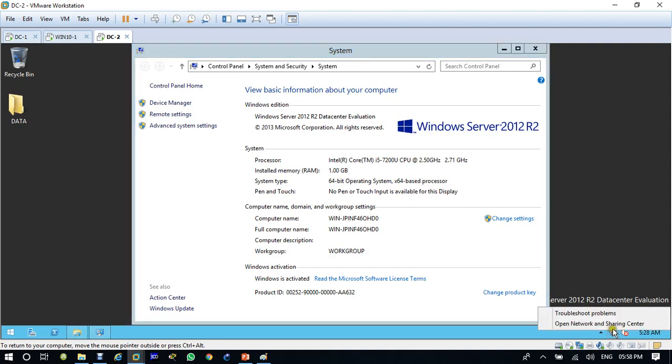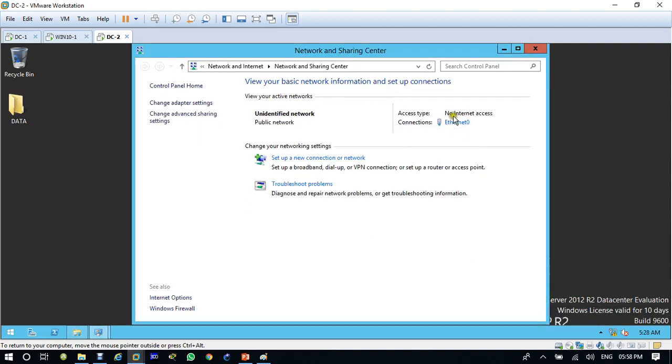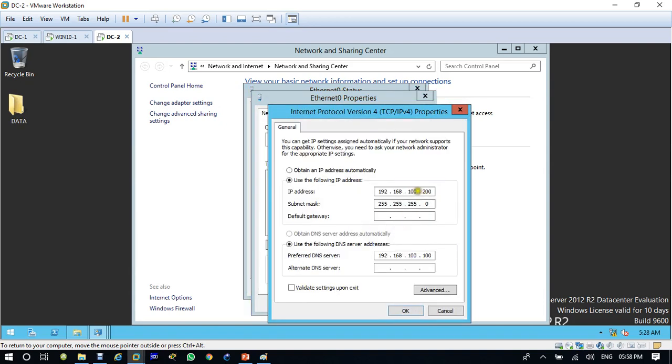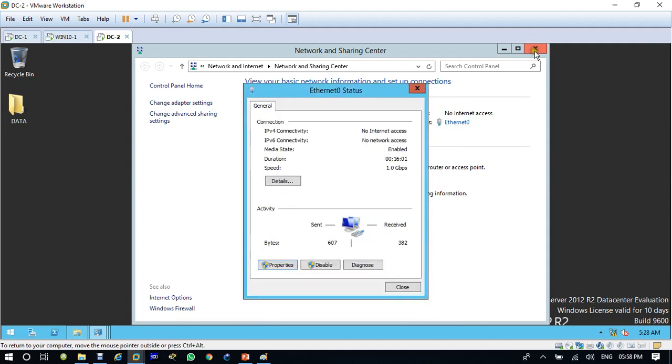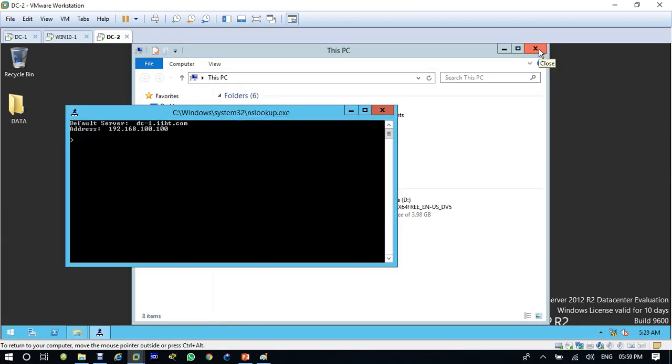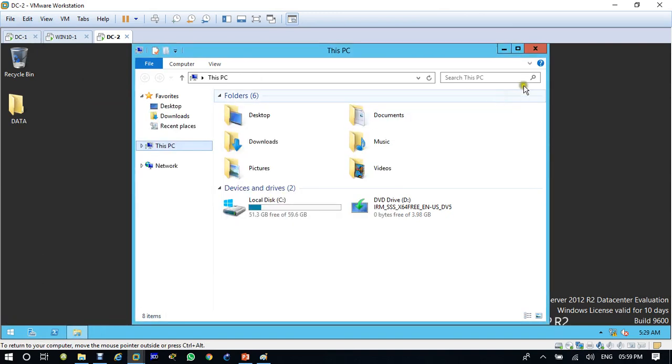See, this is very important. Let me configure again to show you here. 100.100 is my DC address. So this is 100.200, and 100.100 is my DNS, which is DC1. So you have to add it like this. Before adding this machine to the domain, you have to run nslookup. When you see that nslookup shows DC1 ist.com, the IP of DC1 and the name of DC1, it means your DNS is connecting properly to DC1 and DC2.